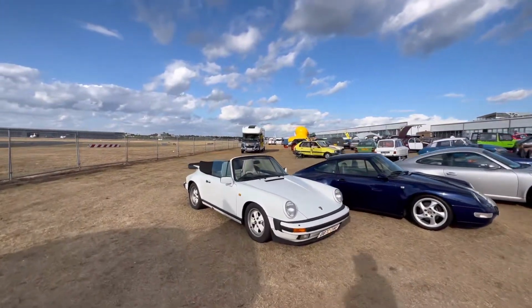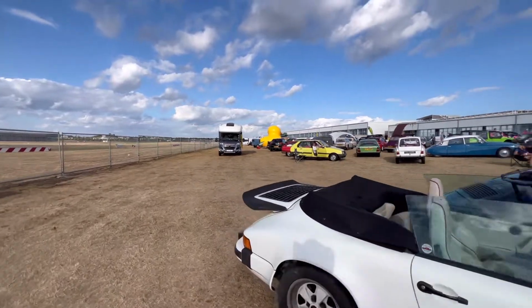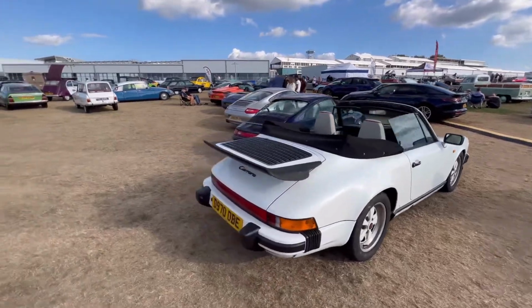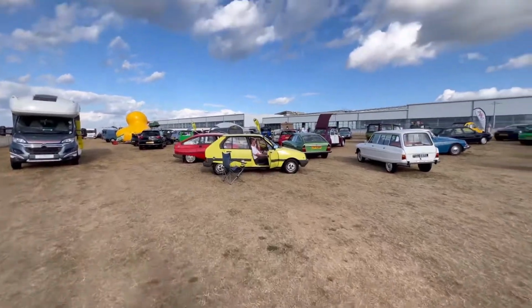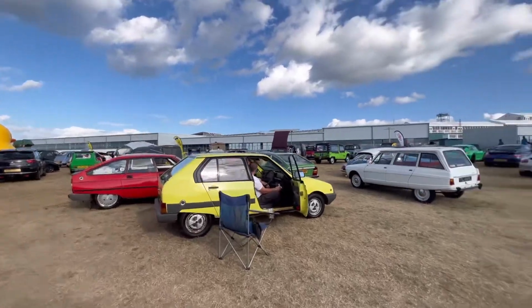Make our way over to Betty as well, who is on the 2CV GB stand, which is also mixed with a proper pan of the Porsche. Nice old Carrera. It's also mixed with the Citroen stand as well. Got an eclectic mix of Citroens,